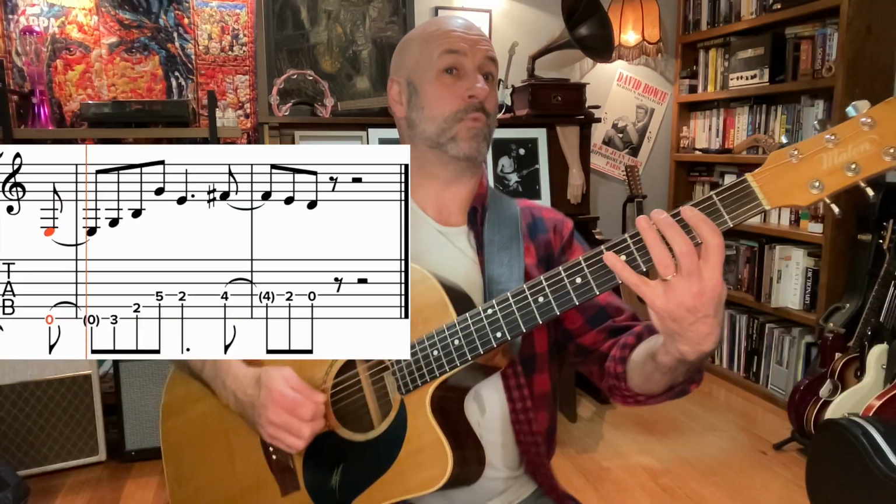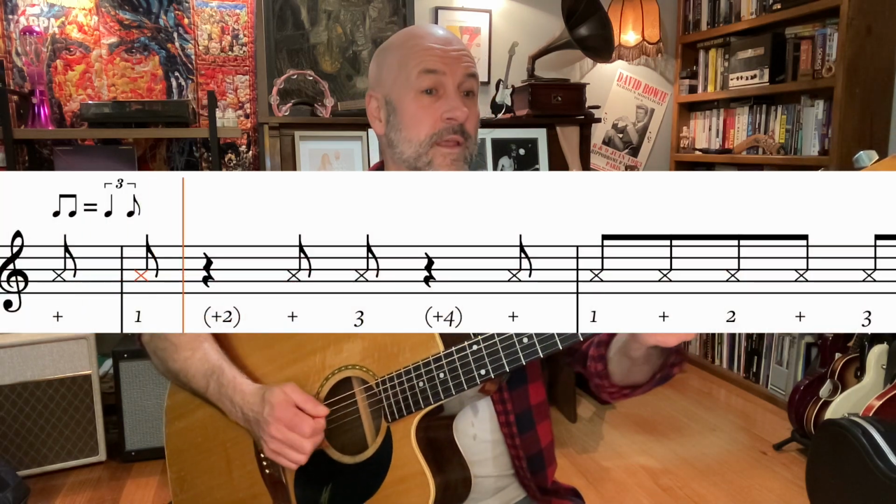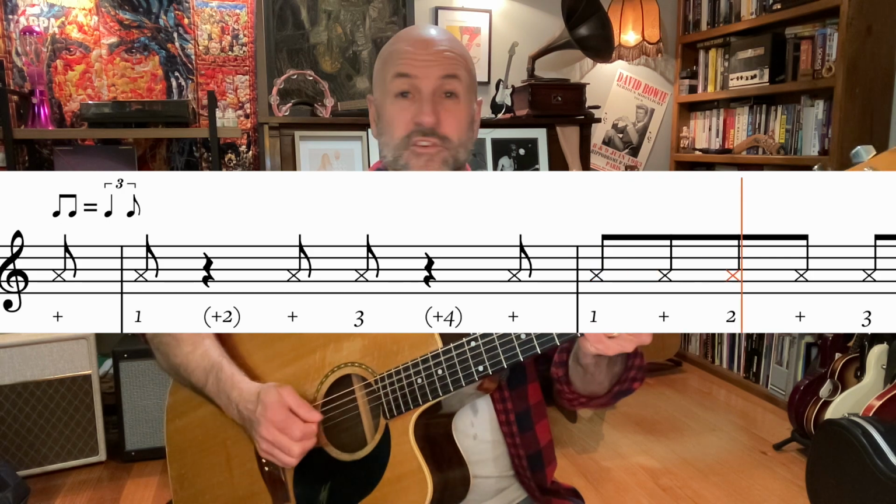Another great example of this is Beat It by Michael Jackson. A similar rhythmic device is the pickup note or the anacrusis, which is a note or a couple of notes that appear before the start of the song. It's like a prequel. So many songs and riffs and melodies begin with an eighth note before the first bar. And a great way of remembering how this sounds is the old Pink Panther theme. See, we've got that and before beat 1.